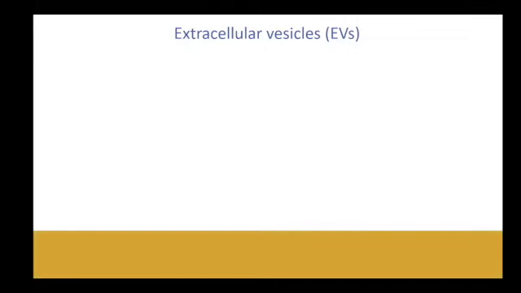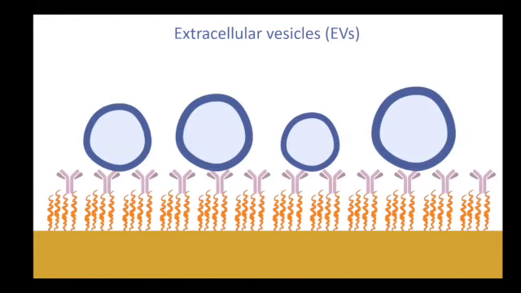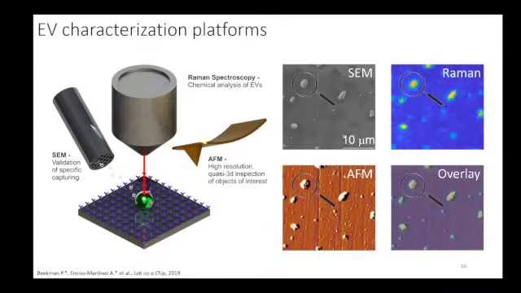So what we did was to basically attach some antibodies to a substrate, and these antibodies are against specific antigens in the vesicles of interest. And then once the vesicles are attached to the substrate, we can actually perform the Raman spectroscopy or SEM imaging or AFM. And the idea was to have some sort of platform that can be measured with different modalities. Not only to measure the same sample, but actually we wanted to measure the same vesicle, but with different modalities to get a lot more information from that particle.